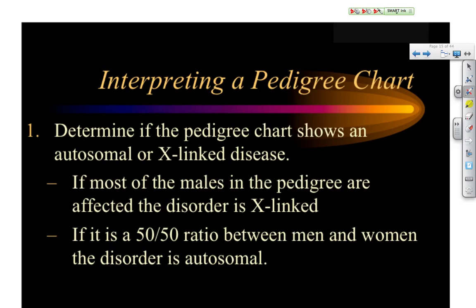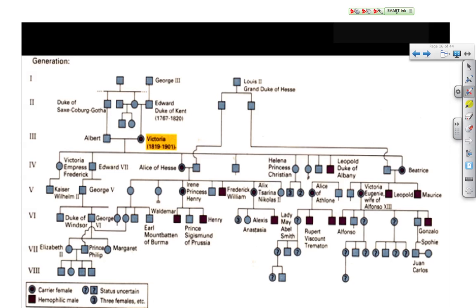Now, let's get into some more specifics on interpreting these pedigree charts. Your job is going to be to read these charts and determine if the pedigree chart shows an autosomal or X-linked disease. And there's an easy way to tell this. If most of the males in the pedigree are affected, if they're mostly males, it's probably X-linked. If you remember, females often end up being carriers of X-linked traits. Males only need one copy, so they get it. Okay? If it's 50-50, men and women both get it, then it's an autosomal trait. Okay? So how about that one? That's a whopper. This is actually the